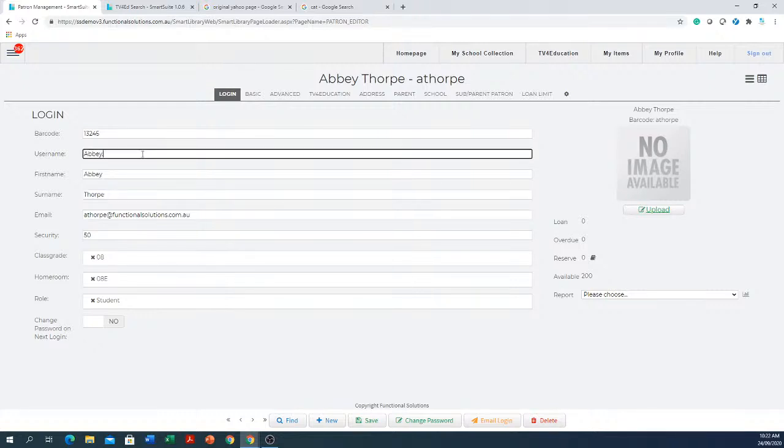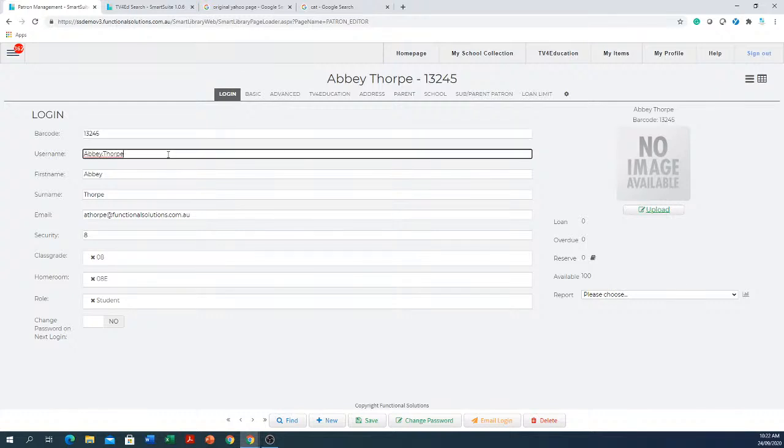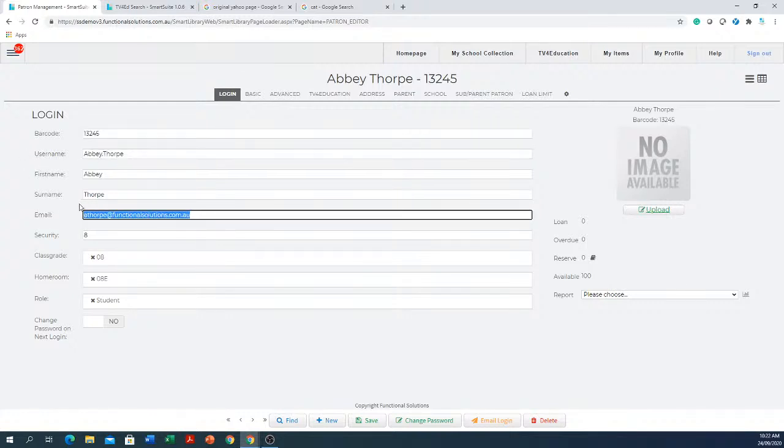You can create a username made up of their first name, full stop, surname. When you save that, Abby can log in with their barcode, or they can log in with their username, or they can log in with this. So Abby has 3 ways to log into the system,